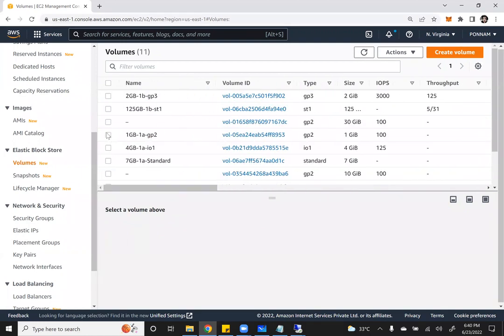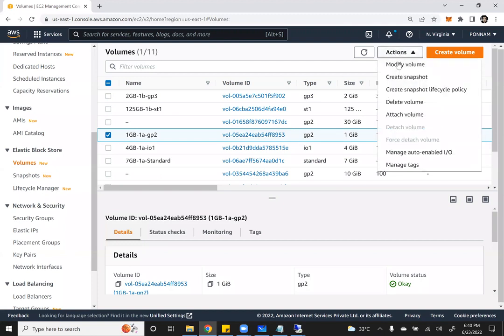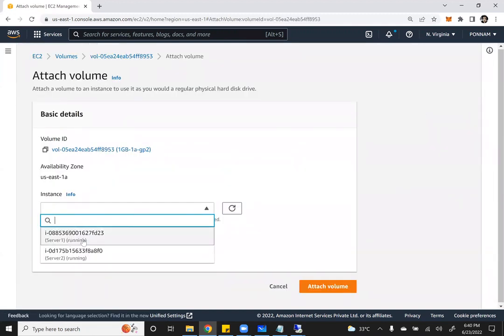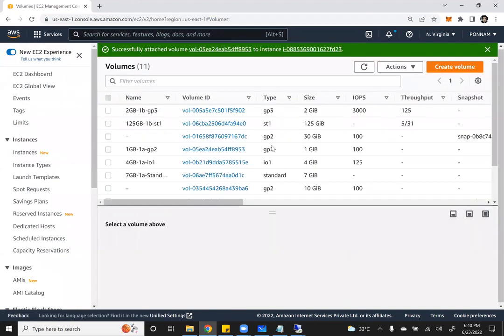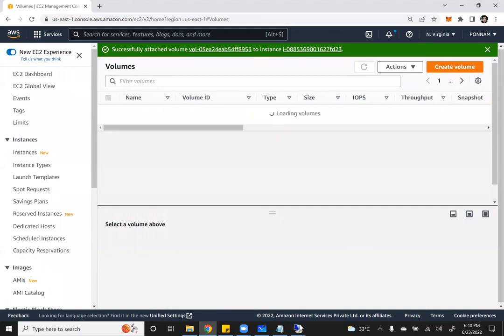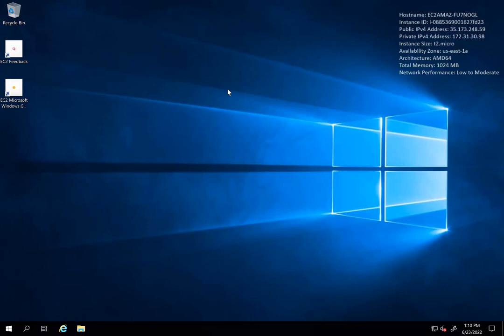Okay, now let me select that EBS volume, use Attach, and attach it to the server 1. Attach volume, and it got attached. This is the server 1, the IP address of which is 35.173.248.59. Okay, if I open the file explorer,